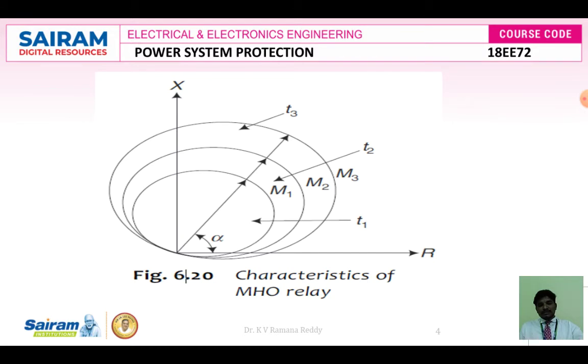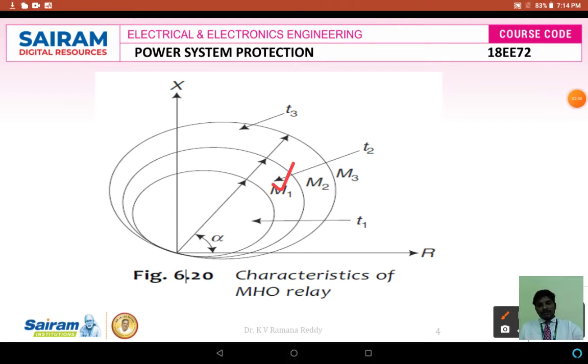If you look at Y equals G plus jB, or the operating characteristics of the Mho relay, three operating characteristics have been identified on this RX diagram, where the three modes are M1, M2 and M3. M1 is operating region mode 1, M2 is mode 2, and M3 is operating region mode 3. If a fault lies within the mode 1 operation circle, then the relay will function and generate the command signal to trip the circuit breaker.